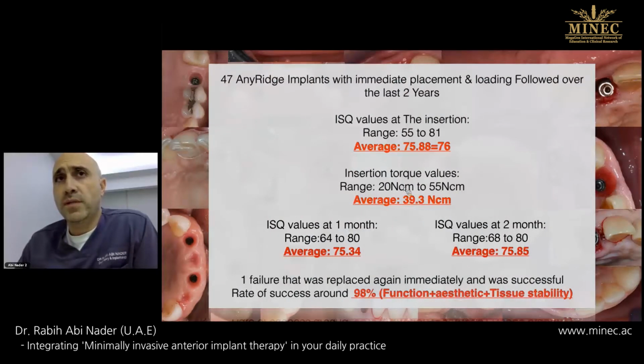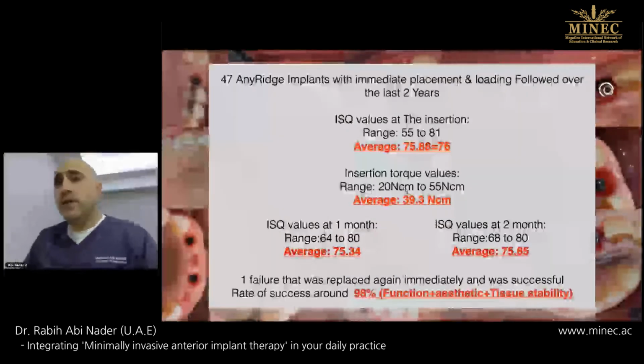So the average was 76 on the day of placement, and the average insertion torque was around 39, 40. After 1 month, I had almost the same ISQ numbers. After 2 months, also the same number. So I didn't have any drop in the primary stability using the ISQ with AnyRidge, and this is very good